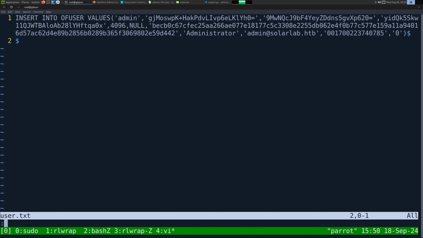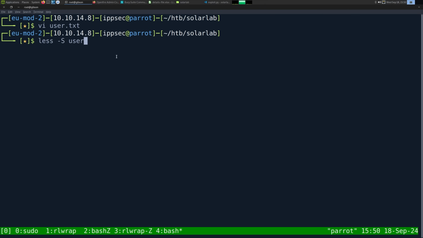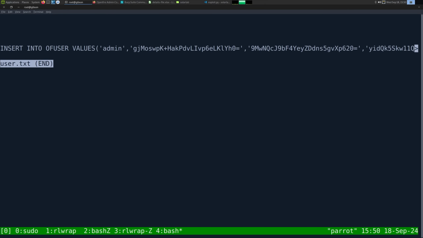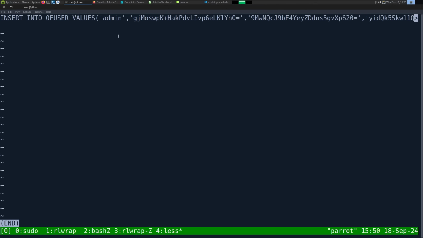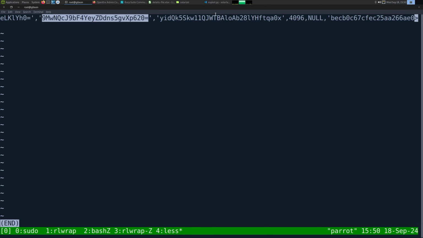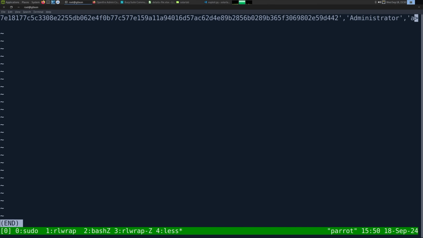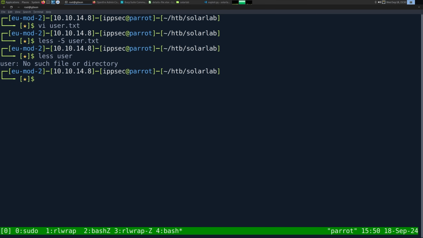And if we look at all the values, and I like disabling wrapping for this so we can go across, we can see admin, then we have something, something, something, a number, null, and then something else that looks like a hash. So if we copy that,